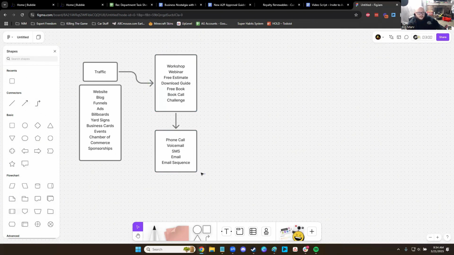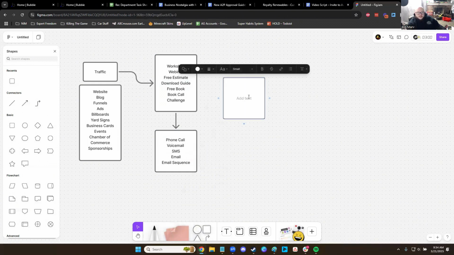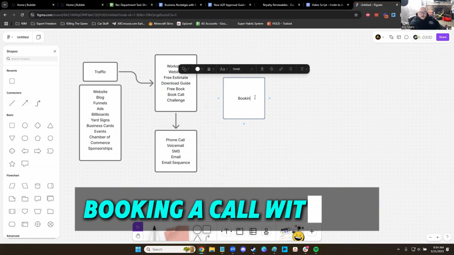And so take time to spin and say, what does that experience look like, right? And then what is the next step? Once they've gotten your free thing and gone through the sequence, what are the natural calls to action you can have them do throughout this sequence to get them closer to the goal, doing whatever the next step is, right? So that next step could be, again, booking a call with you, right?